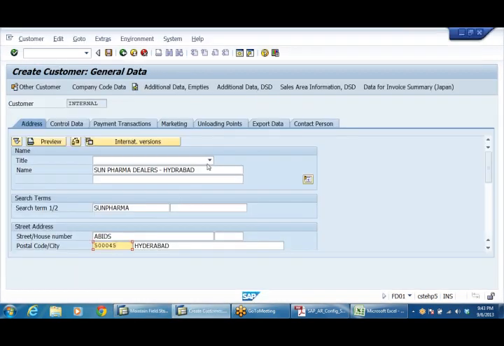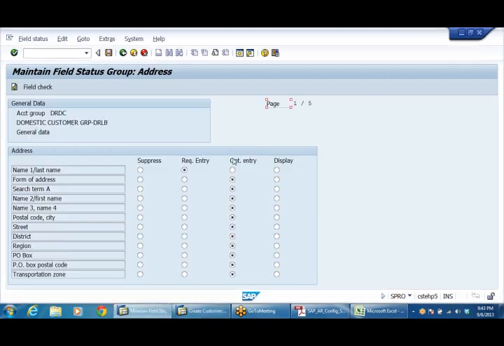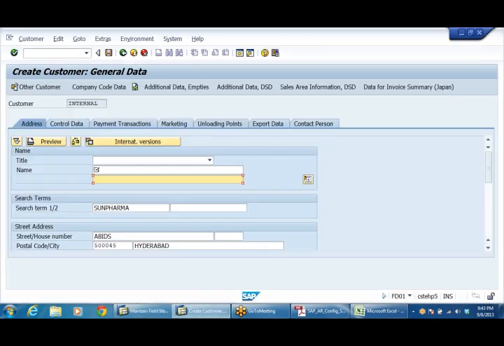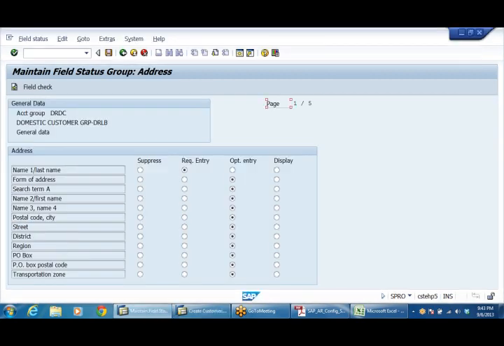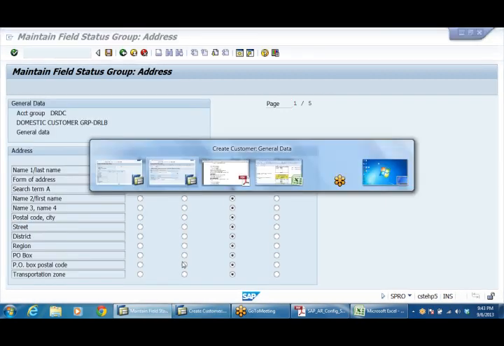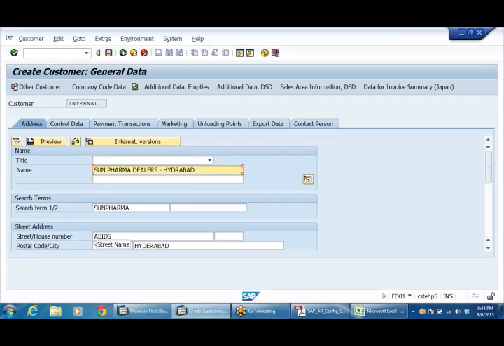That's why, because we selected required entry, the system is showing required entry here. So these fields are controlled from here. Similarly all fields, see name, search term, name 2, street, district, everything, are controlled from there.